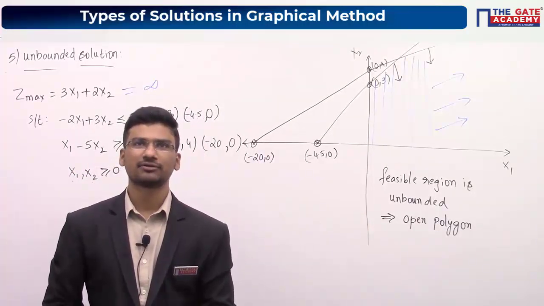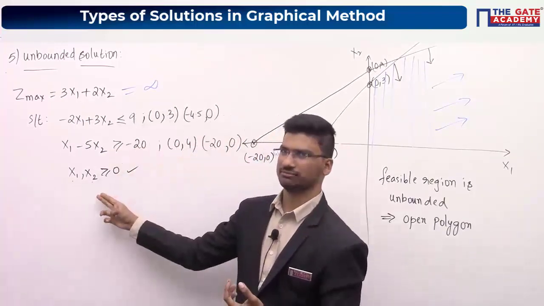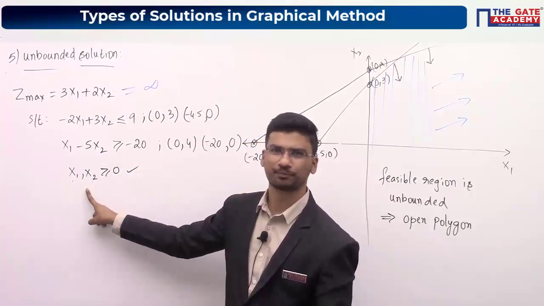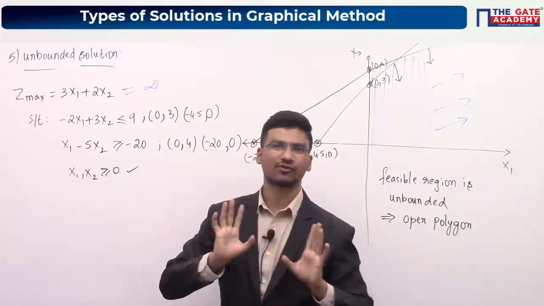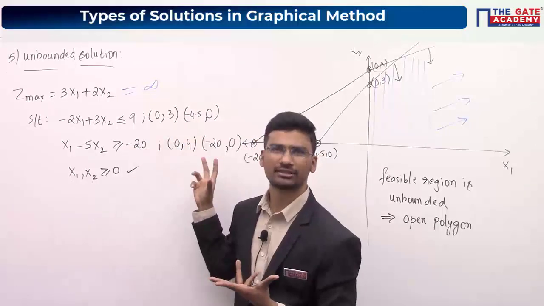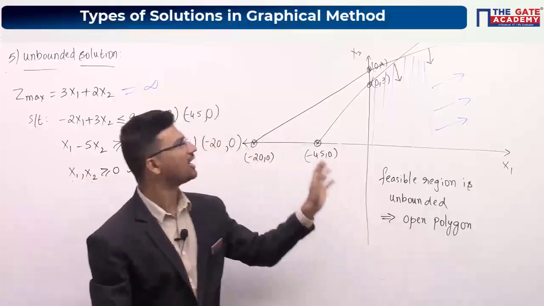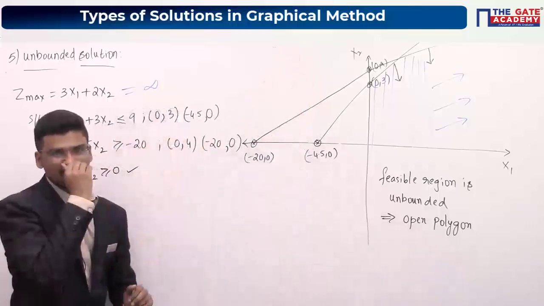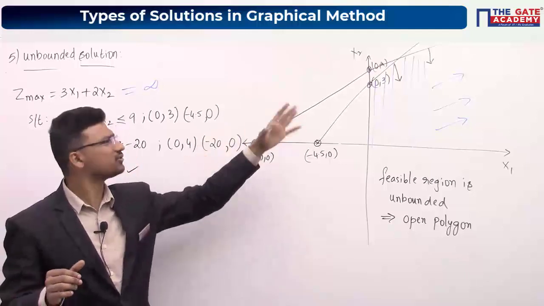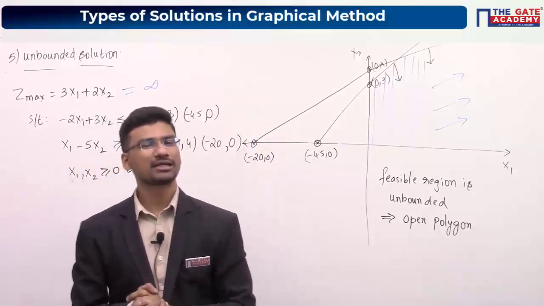So we will not consider the negative region. No, Trishal, we should not consider the negative region, because you have to look: x1 greater than 0, x2 greater than or equal to 0, okay. That means we are interested in only the first quadrant. These are just points, okay. Just to plot a straight line, we got some points, and some of these points are in quadrants other than the first. So just plot the straight lines and extend them into the first quadrant. You may get points in any quadrant, so don't worry about that. Just extend those straight lines into the first quadrant and then identify the feasible region. I hope it is understood.